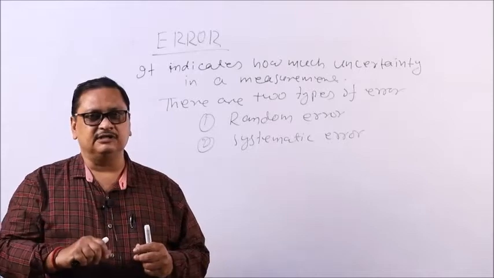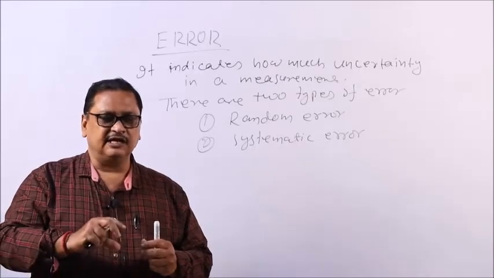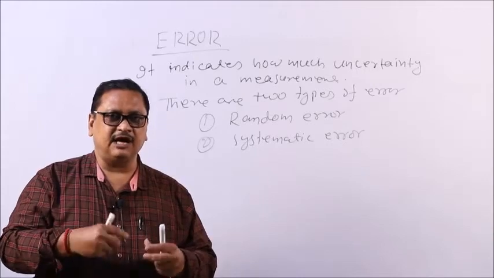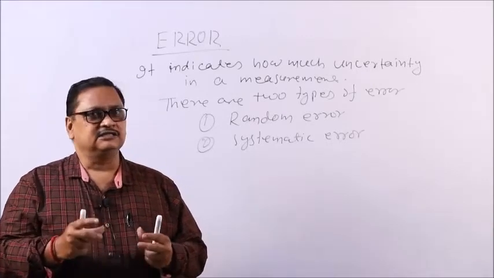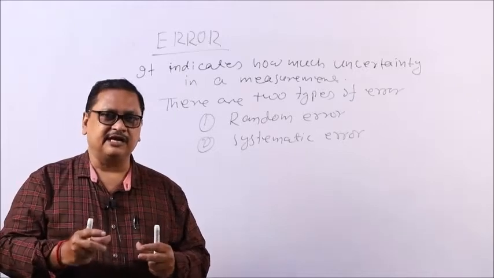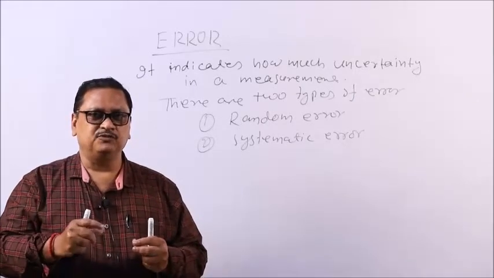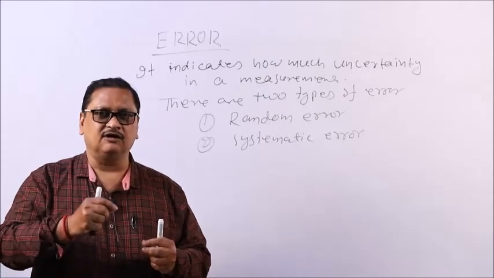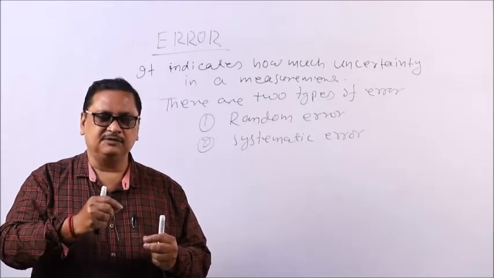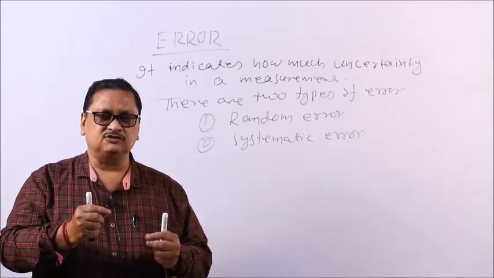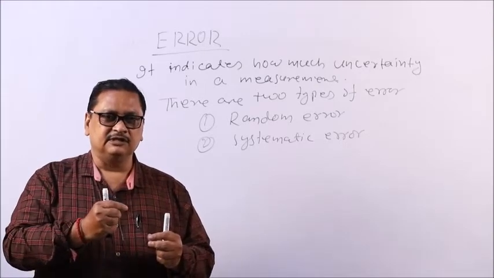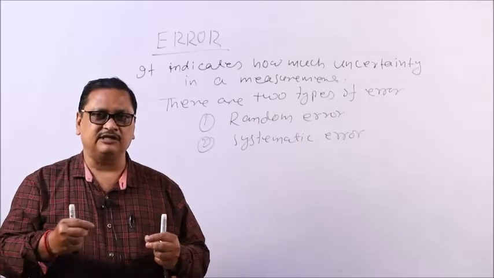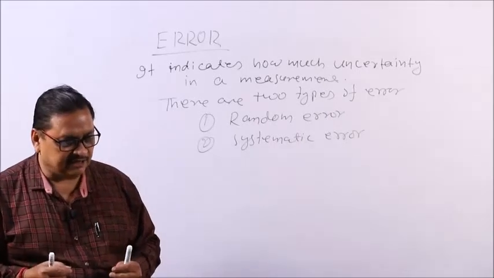After repeated use, there is wear and tear of the threads. Many times after using these instruments, there is wear and tear of the threads, and they do not move properly. If you give a clockwise rotation, one rotation, it should move 0.1 cm, but in anti-clockwise rotation it will move 0.2 cm. That means there is some error in the instrument, that is known as backlash error.